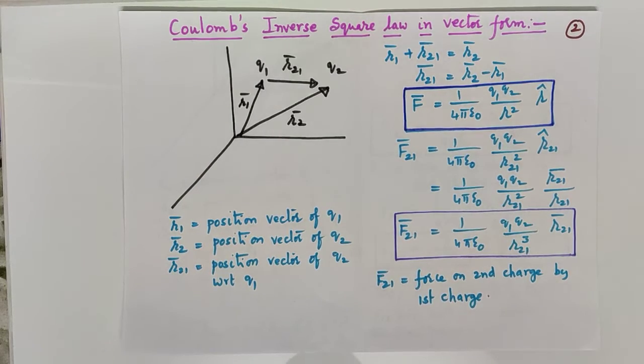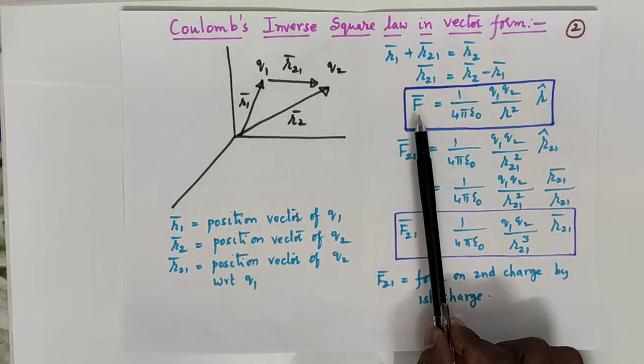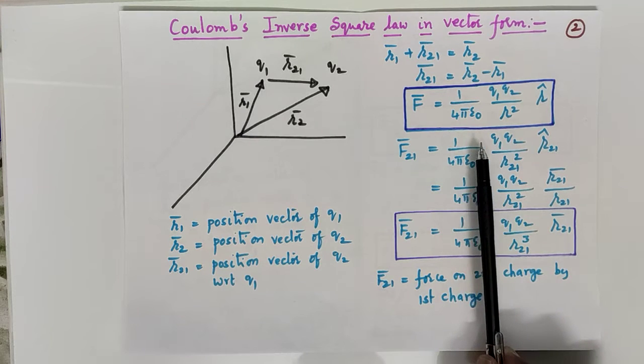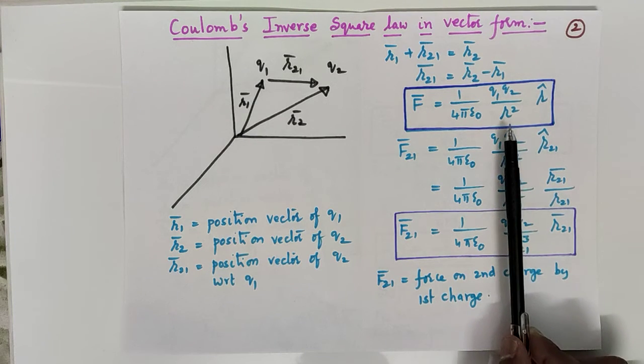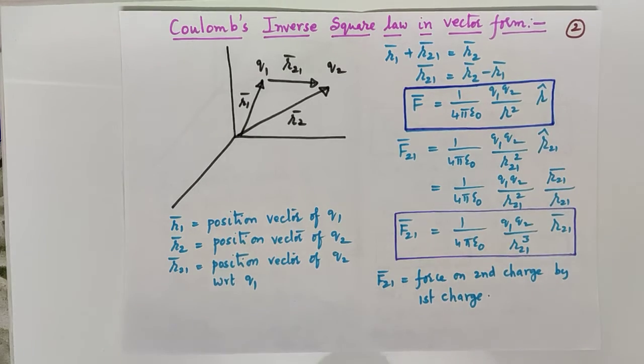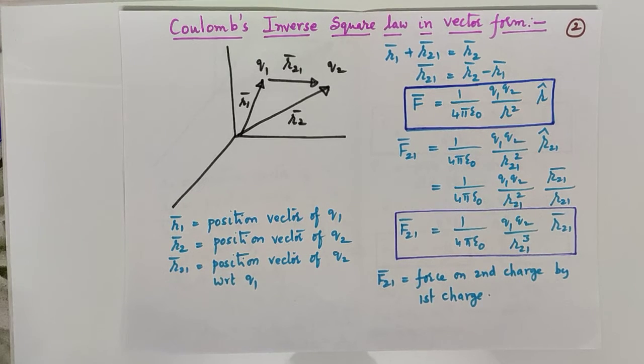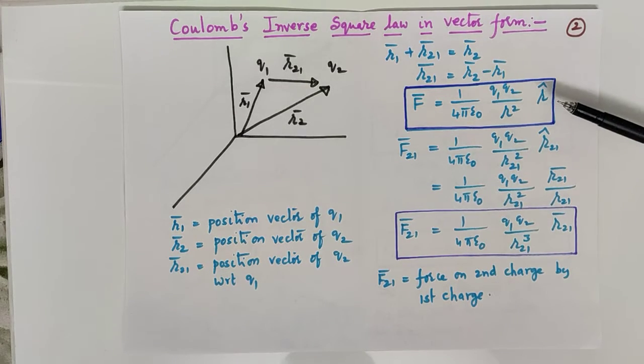We know very well the force is a vector physical quantity. The force between two charges can be written as 1 by 4 pi epsilon naught q1 q2 divided by r square into r cap. What is this r cap? R cap is a unit vector. Its purpose is only to show direction. For example, a traffic policeman wears a cap whose purpose is only to show the direction of motion of vehicles. Similarly, r cap is a unit vector which shows the direction of force but nothing else.